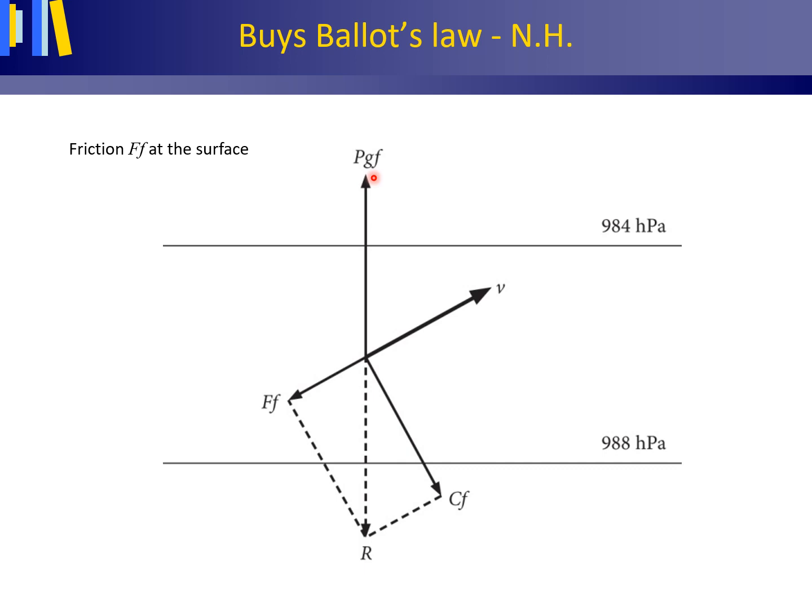But when you're at the Earth's surface, there is another force which comes into play, and that's friction or resistance, the friction force. Your Coriolis force in the northern hemisphere is to the right of your movement of the air, and your friction is always opposing the movement of the air. So also at the Earth's surface, you will attain an equilibrium situation, but the equilibrium situation will be slightly more complicated than what you have in upper space and looks like this, the picture that you're looking at now.